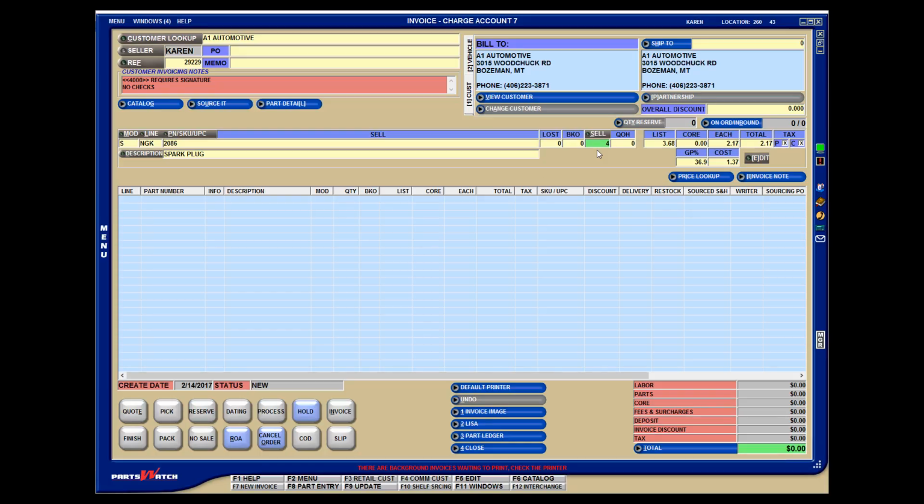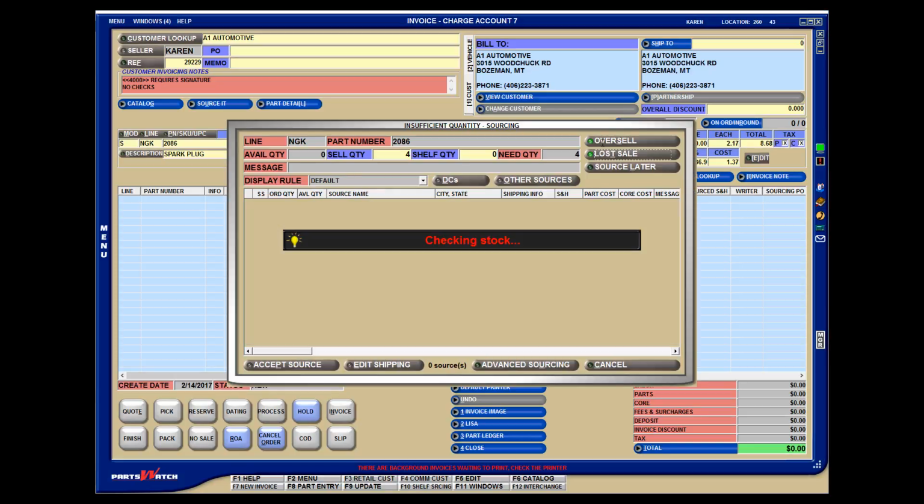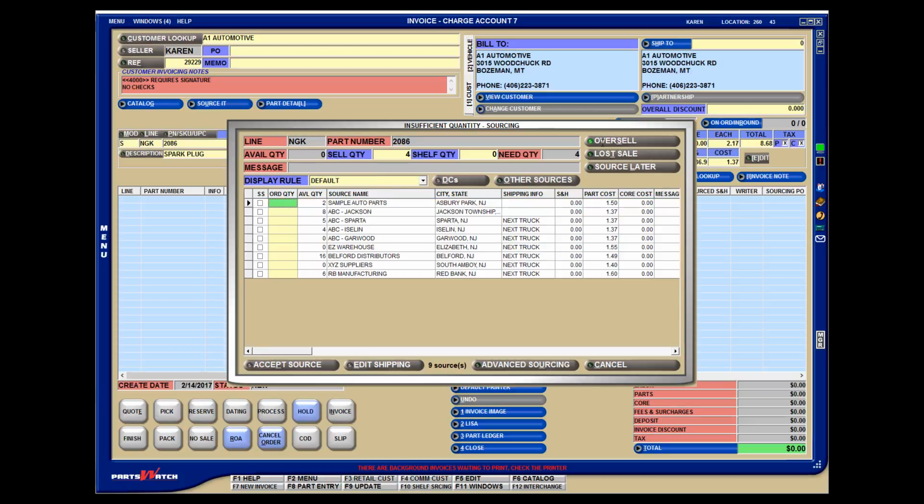When a user enters a sell quantity greater than the quantity available in the current store and presses enter, the insufficient quantity screen or quick sourcing screen will display. This screen shows the stock available at various locations or outside sources that have been set up in the Controls Store Source Setup screen. It's a very quick way of sourcing, but only allows one part to be sourced at a time. If the user needs to source more than one part, perhaps from more than one location, that's where